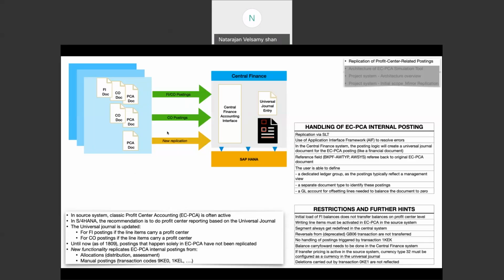So these are happening through SLT, and this is a new replication functionality which is added for replicating the profit center accounting. While replicating, the user is able to define the dedicated ledger, document type, and GL account for offsetting lines needed to balance the document to 0. This is in case of online posting. So for that we need a GL account to offset the